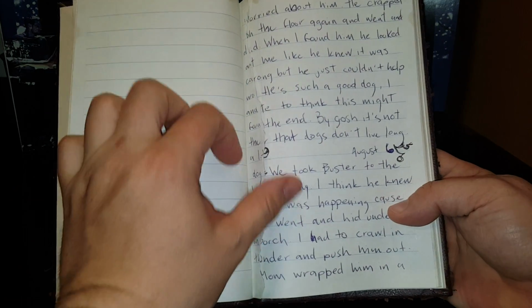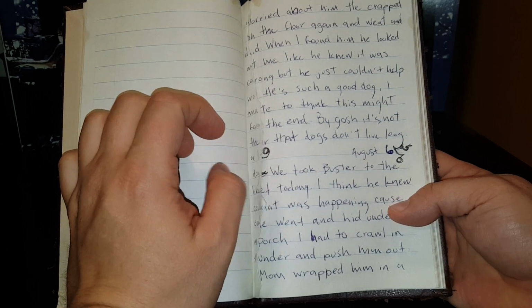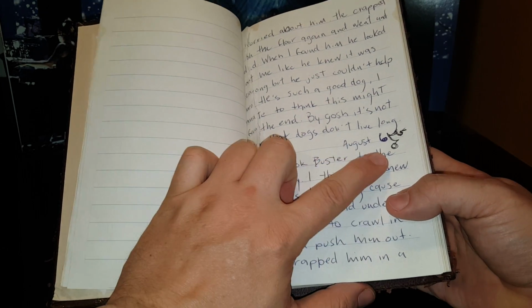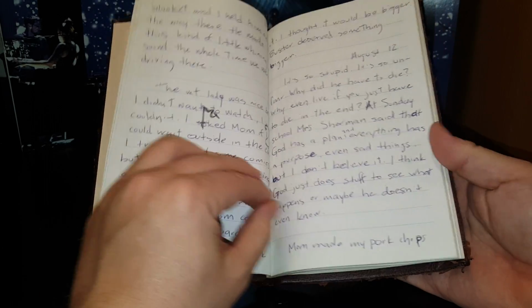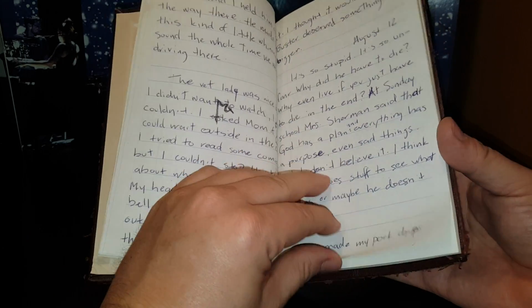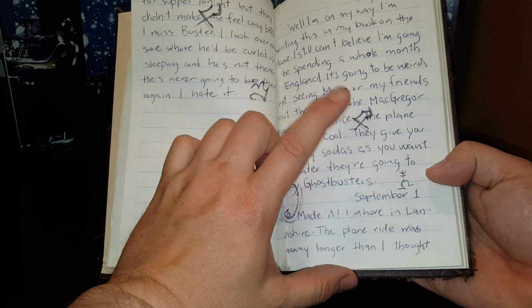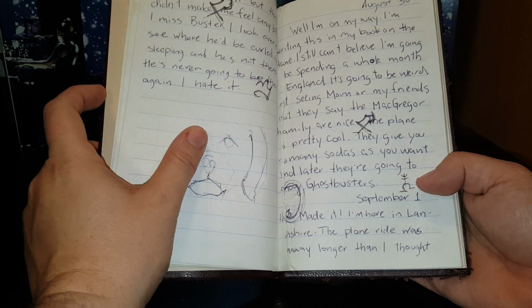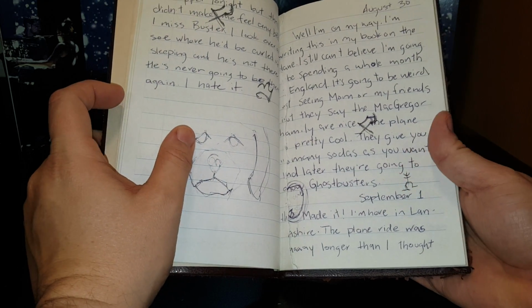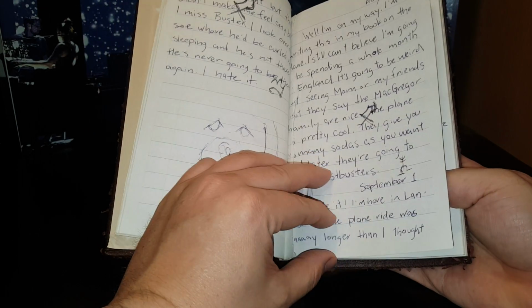Now, if we notice in the book, there's pages missing, right? There's pages missing, and then these weird scribbles throughout the book. Now, since I've since discovered what these scribbles are, these are symbols, and there's a code written out in this book. Now, this goes into